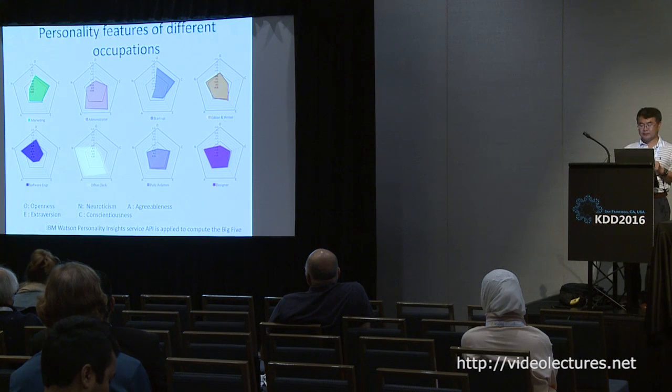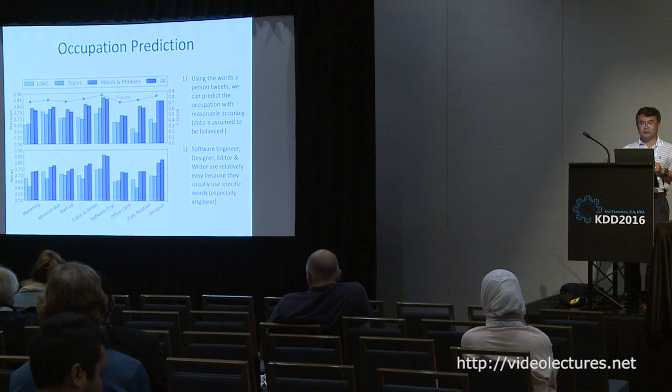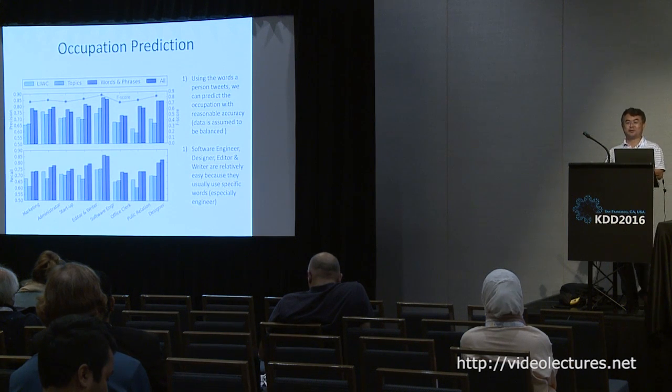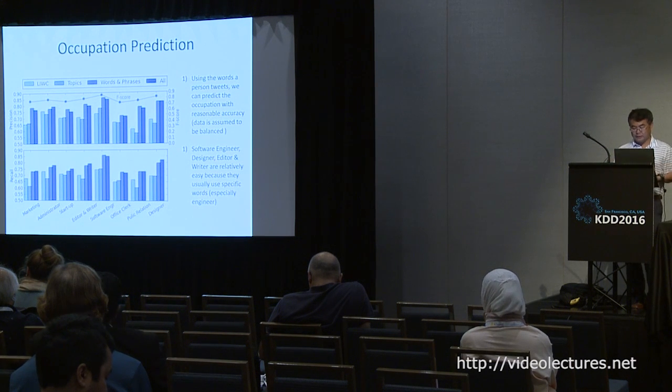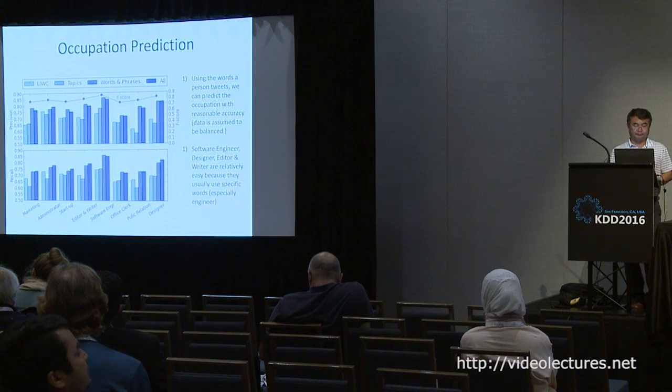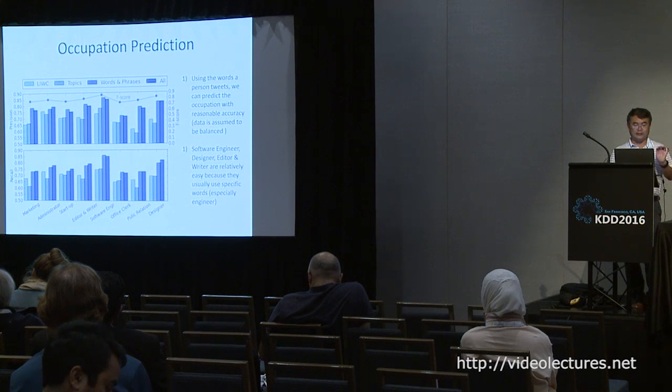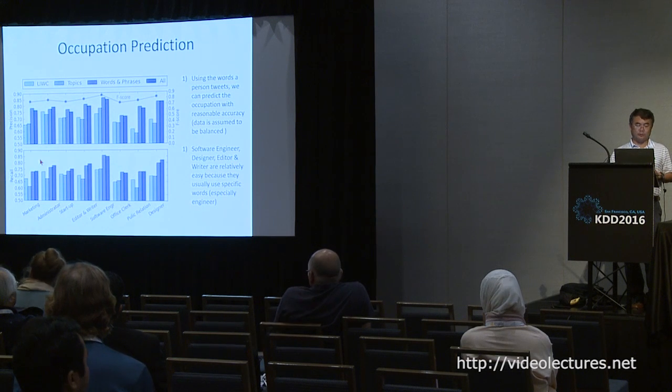So now we have this. We can turn around: for each user, we get the personality traits, and we use what we discovered to predict what their job is. These are the numbers for the different approaches. The F score is around 0.8, 0.7, 0.8, with precision, recall, and so on.